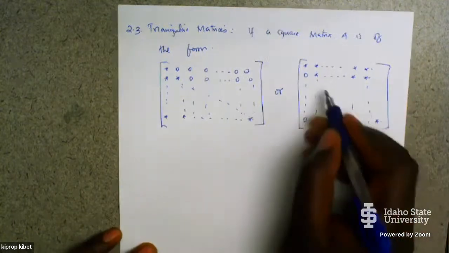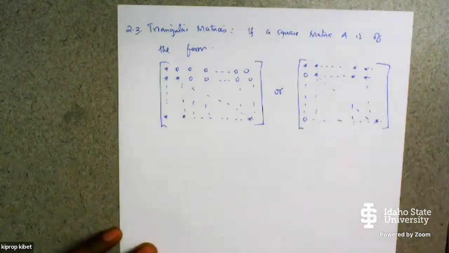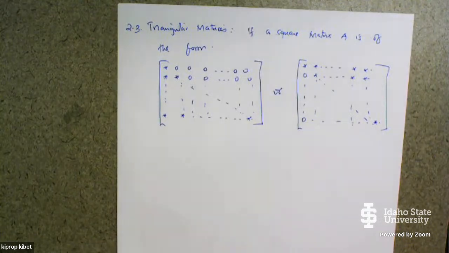Now, if these are below the main diagonal here, and then we have zeros above, so this is a lower triangular matrix. If we have zeros here, and then these are not zeros above, so we have the main diagonal here, and all these are not zeros,